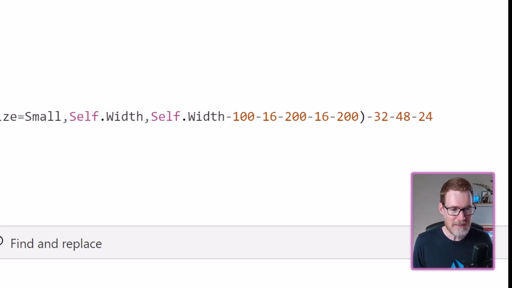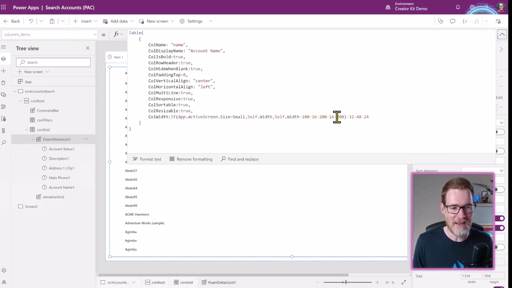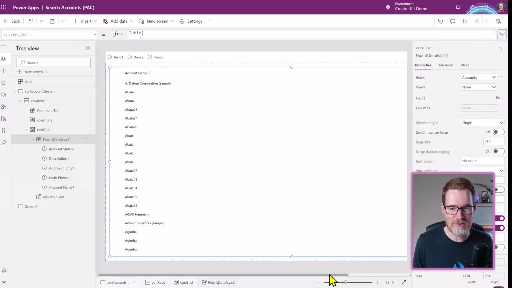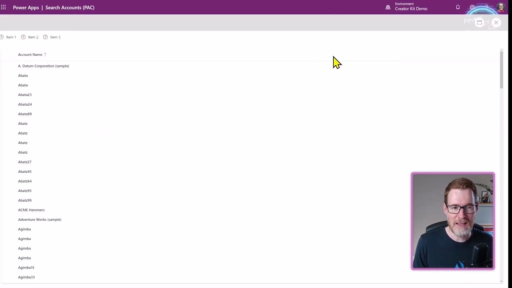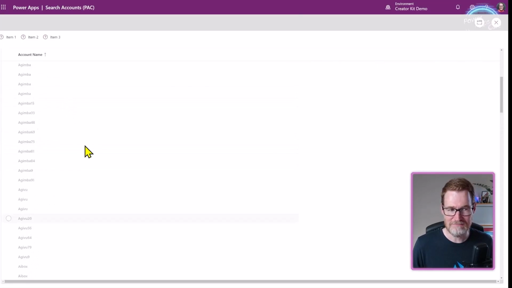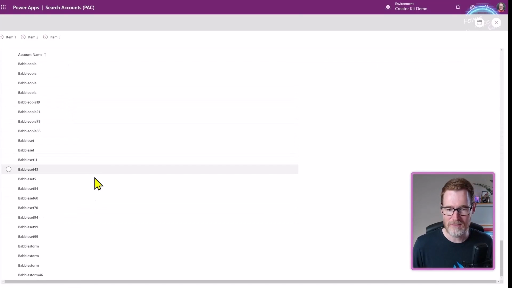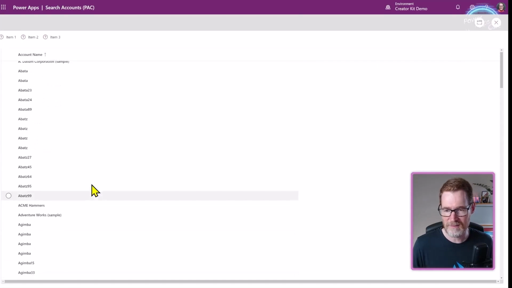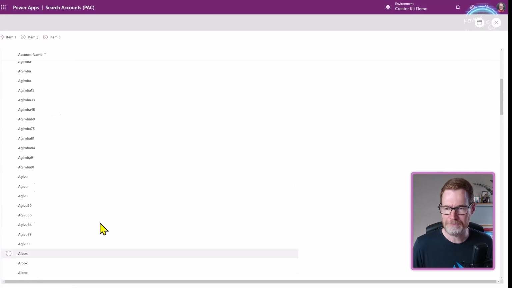So you need to be able to put that in there just to accommodate those additional aspects. And so you can immediately see that you've got this account. So we run this, we've got account name. And so we can see here that it's resizable, and there's some additional space that's being left for those other columns. And I can scroll up and down here, and you can see it's actually very quick, even though there's a lot of records in here. I think there's multiple thousands of records.